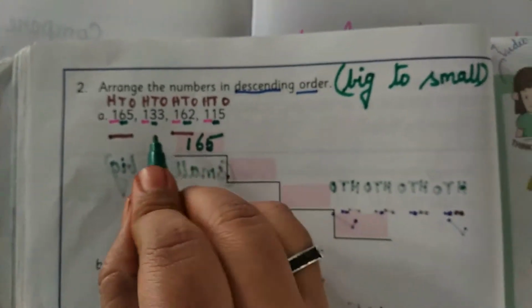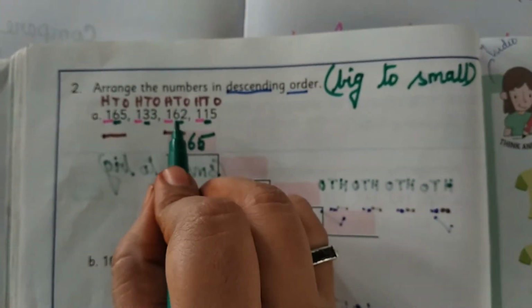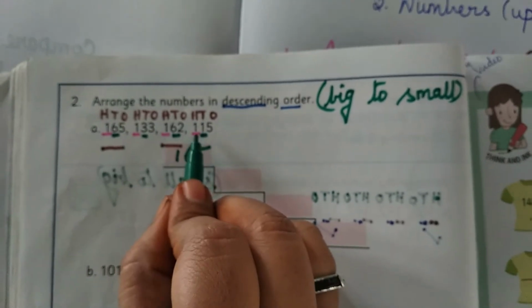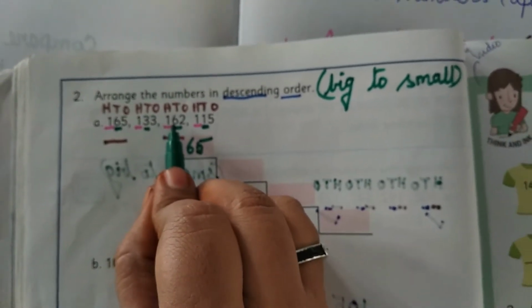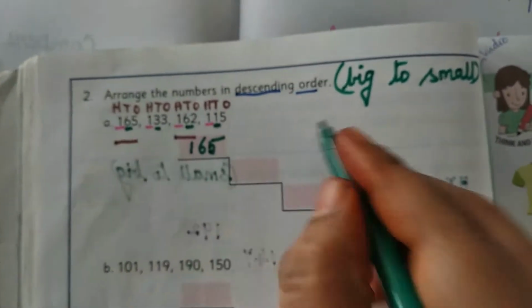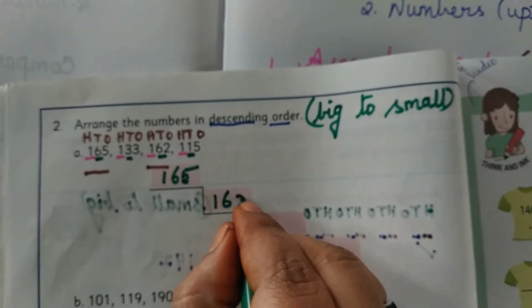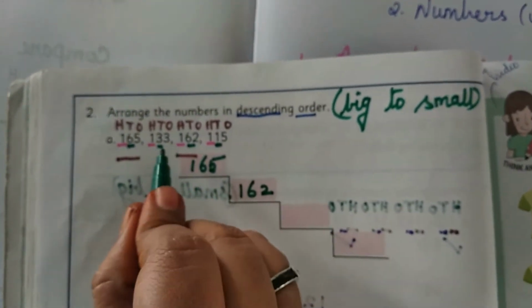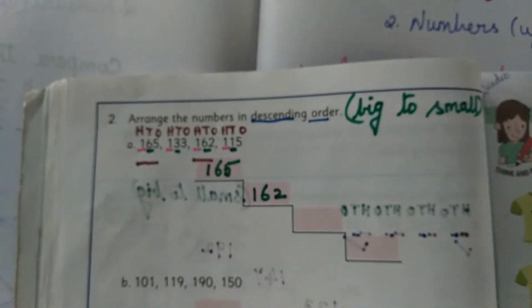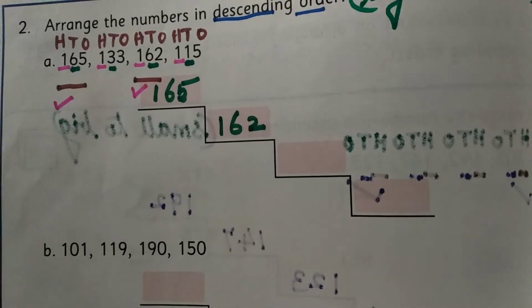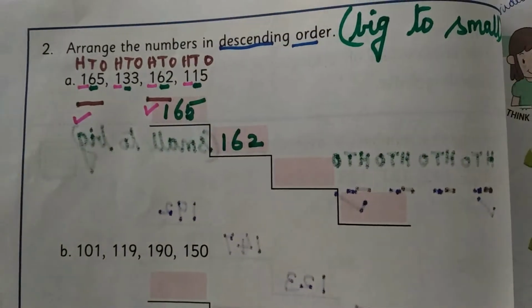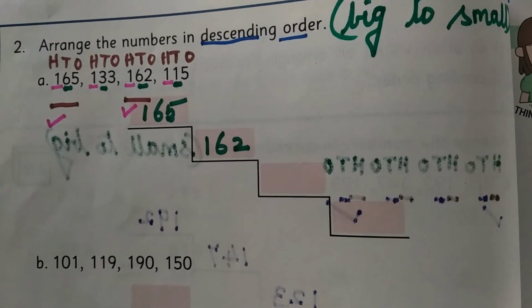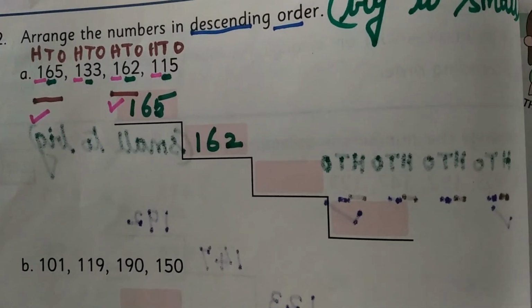Okay. Yes. Second greatest number which one? See, same hundreds we have as it is. See here, 6 tens and 2 ones. So this is the second number. Then after that, see, so we have written these two numbers. Okay. And we want to check second number and the last number.